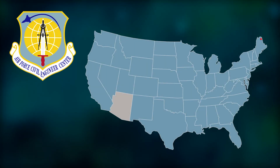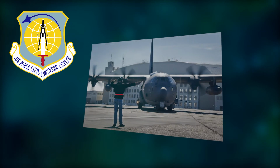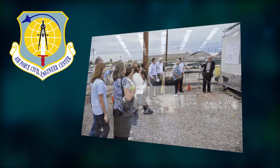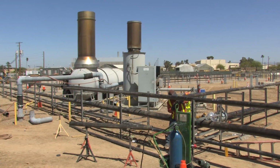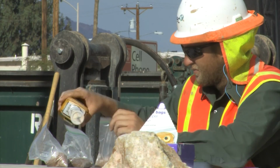Over the past 20 years, the Air Force Civil Engineer Center has faced the challenge of closing numerous military installations across the country. Following closure, the Air Force works with local officials as they transform former bases into successful economic entities for each of their communities. One of the most important challenges the Air Force faces while accomplishing this task is completing the environmental cleanup often